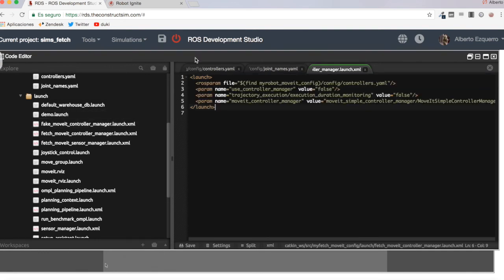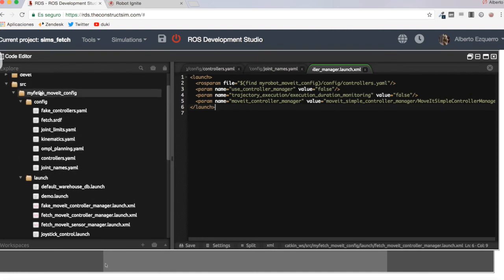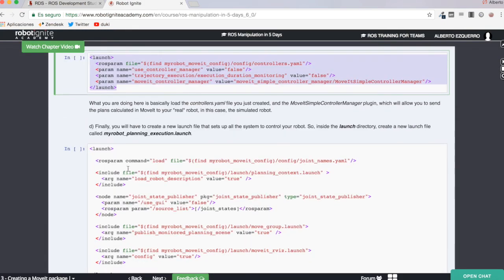Okay, so now we are going to change here the name of the package. In our case, it's my fetch MoveIt config. So let's modify this, my robot for my fetch. It is just here. So here, as you can see, we are going to be loading our controllers YAML file. So let's save this launch file, and finally let's create a new one, which will be the planning execution launch